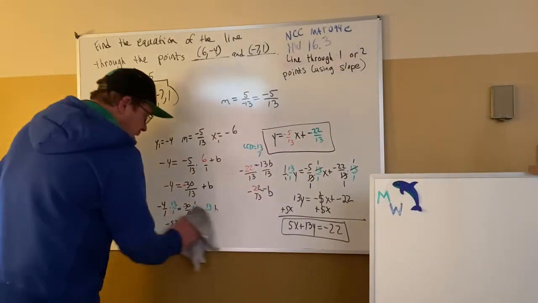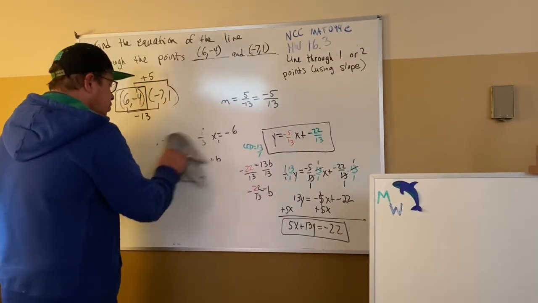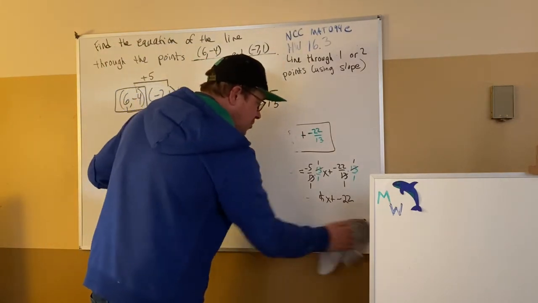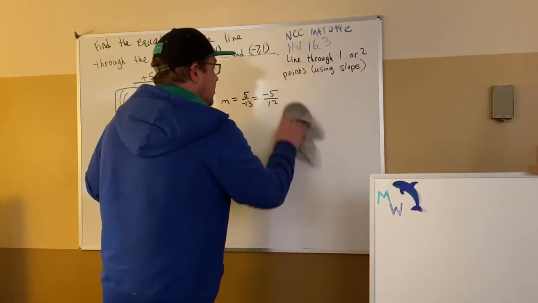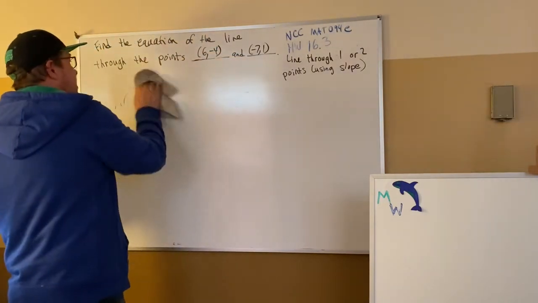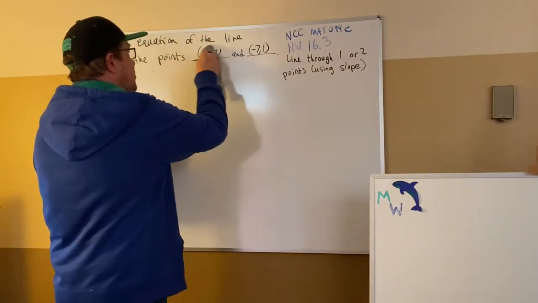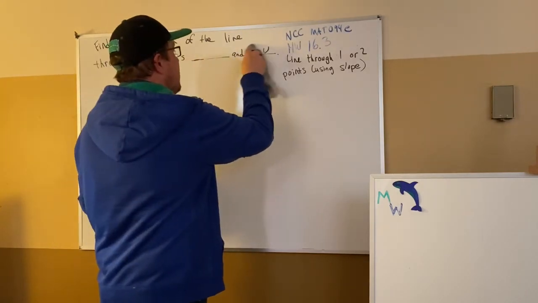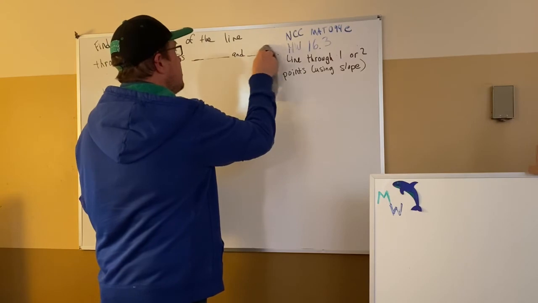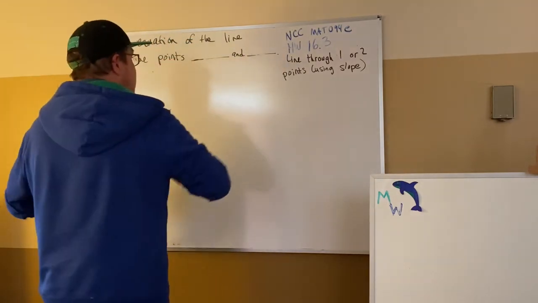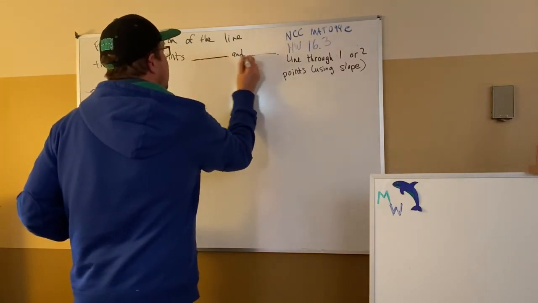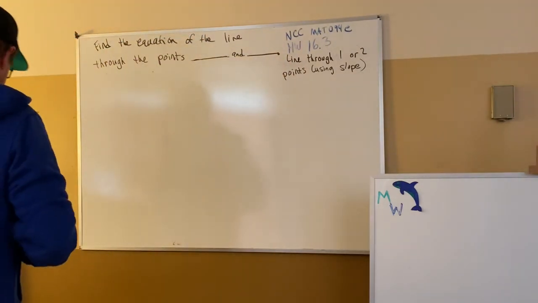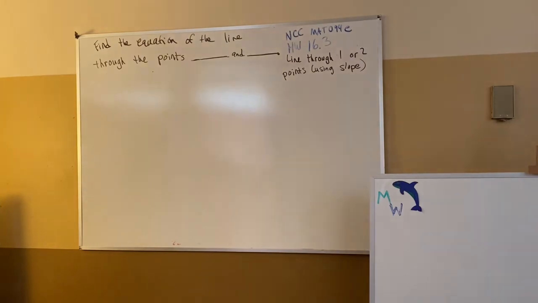One more problem, and this one looks weird, okay? It doesn't mean it's hard to do, it's just that they don't really clearly tell you exactly what to do. If you got used to this, you say, I need to know 2 points on there, and then I can get after finding the slope, and once I find the slope, I can get in there and use one of the 2 points, one of my choice, to get in and find the value for b. All true, but